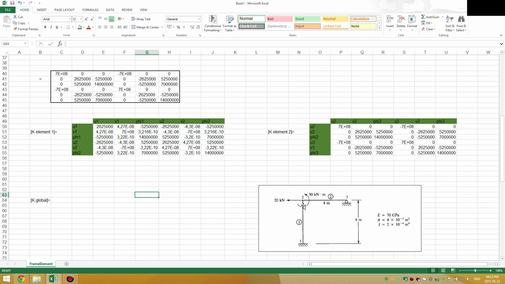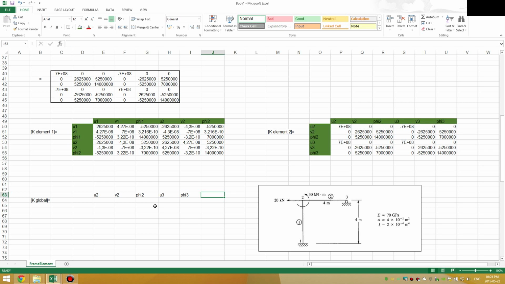So you'll see node 2 is completely unconstrained. So these displacements at node 2 is what we want to determine, for which the degrees of freedom there is unknown. So I'm going to start off with those. So I'm going to start off with v2 and phi2. And other unknown displacements will include the horizontal displacement at node 3. So I'm going to type in u3,